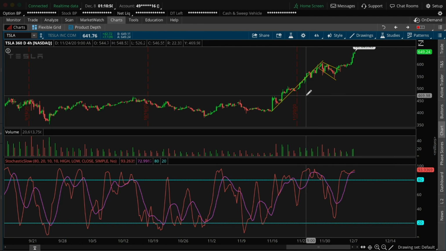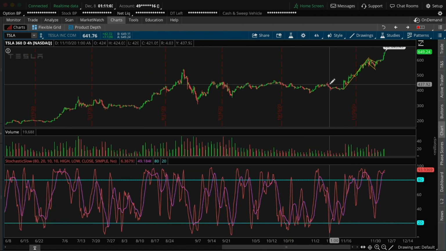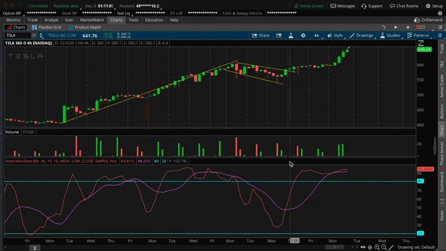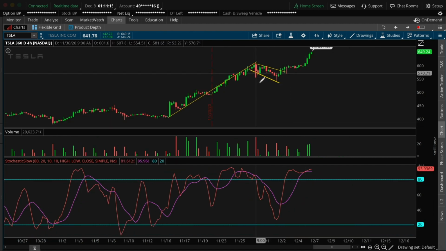Now, the best way to play this flag break is to look for the 4th touch. Generally, on the 4th touch, that's when flags break, or any pattern, support or resistance, breaks down, up or above. I also like to use the stochastic indicator, stochastic slow. When this dark line crosses above this lighter line, it generally indicates a change in momentum towards the upside, which would then push price up,